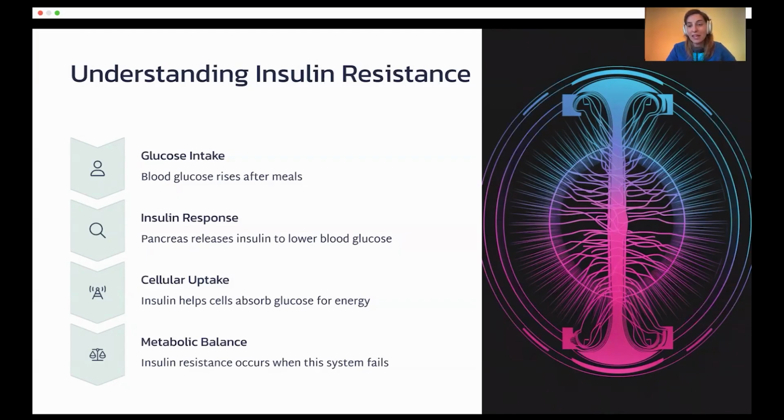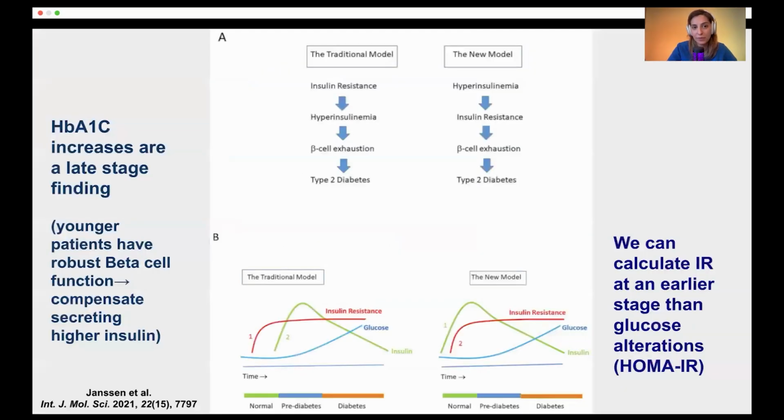And then the issue comes when insulin resistance occurs, when this system fails. And how does this happen? So the traditional model, we now know it's a little bit different. There's a newer model. The traditional model was that insulin resistance came first, and then you got increased insulin. So your cells were more resistant to insulin,